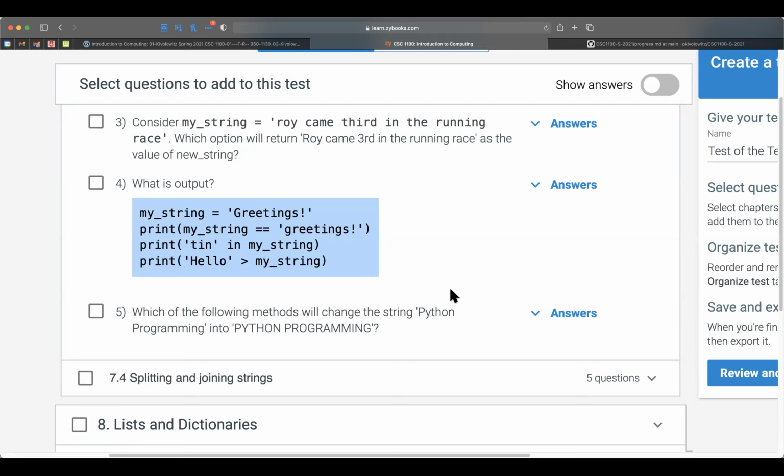So tuple versus list, when to use each. Well, the biggest difference between a tuple and a list is that in a tuple, the members are read-only, meaning that they can't be changed.